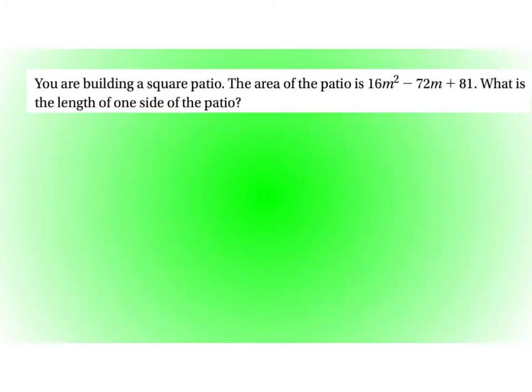All right, here's another one. This is kind of a real life situation in a way. They're saying the area of a patio is 16m squared minus 72m plus 81. What is the length of one side of the patio? So again, it's square. So that means it's going to be the same on all four sides. So we know that,